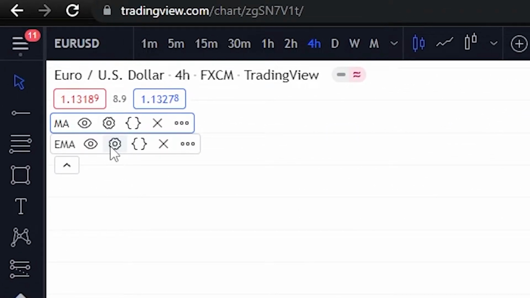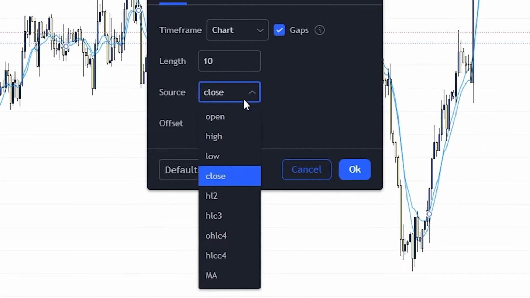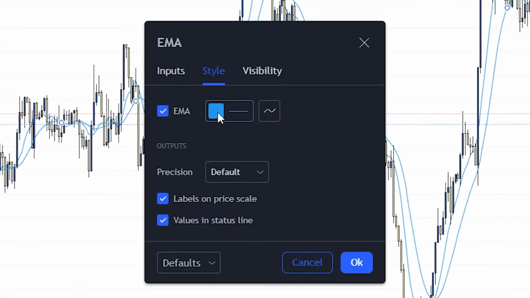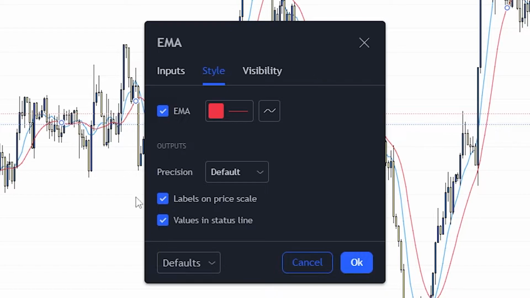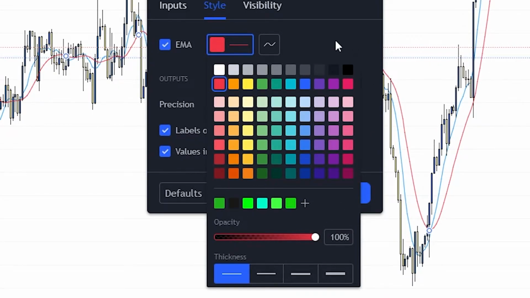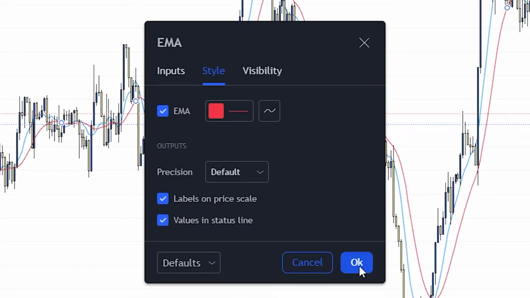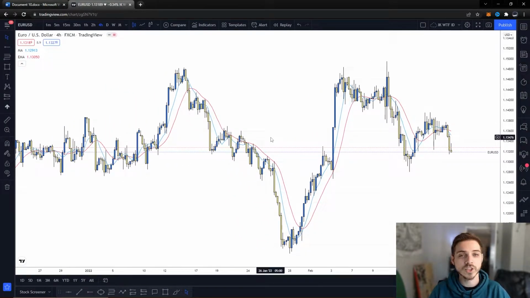And now on the exponential moving average, we'll want to do something very similar. We'll change the length to 10 and we'll change the source to MA, which is the MA that we just adjusted the settings to before this. Then we'll go to style, and I choose to set mine to red, but you can change this to whatever color you want, and we'll leave all of the other settings exactly how they are. If you want, you can change the thickness or anything else about these MAs, but I just leave everything else how it is. So now that we have that set up, we can start moving into how to use